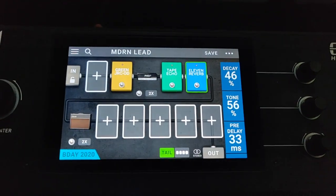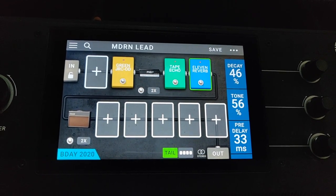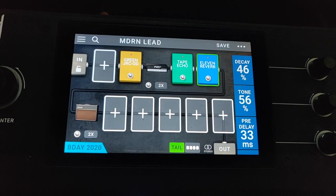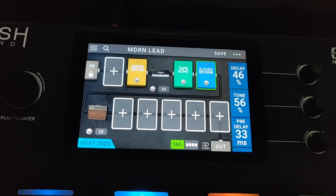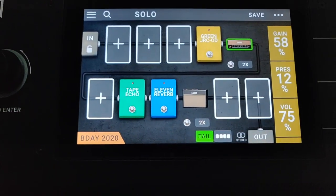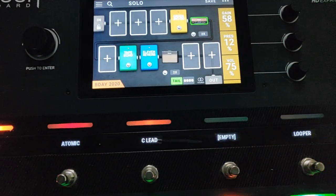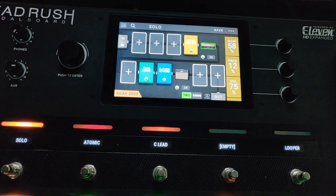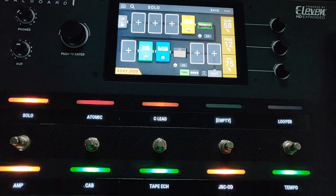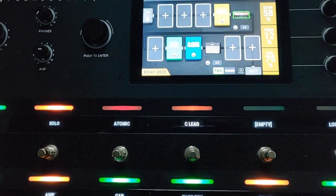I have a lead setting, and this is more for live use, where I have a tape echo and kind of a more ambient reverb in between the amp and the cabinet. And if we bank down here, solo is the same thing, except it's the Bogner setting. It's funny, I said, you know, it's not just a PV or a 5150 and a Marshall sound. It's still a British sound. It just happens to be the Bogner take on it. I think it sounds British,